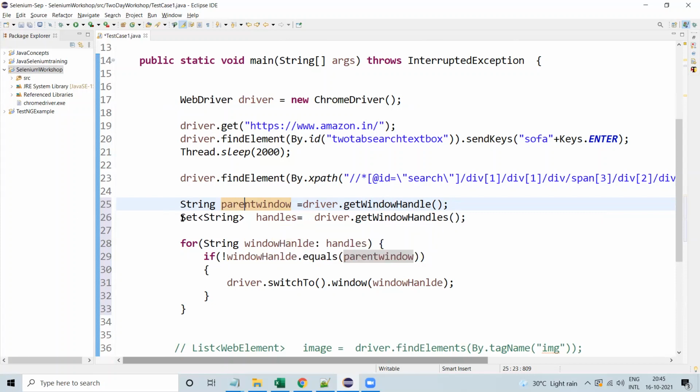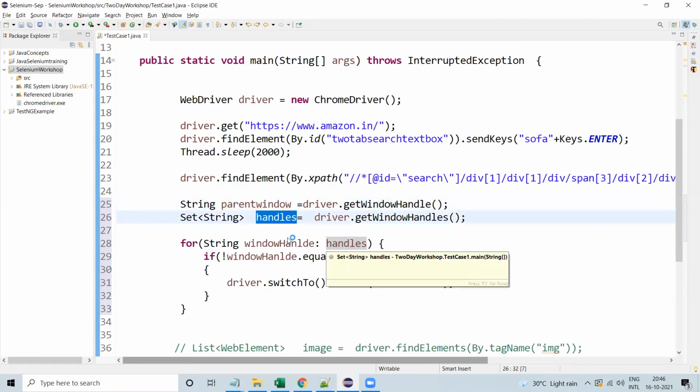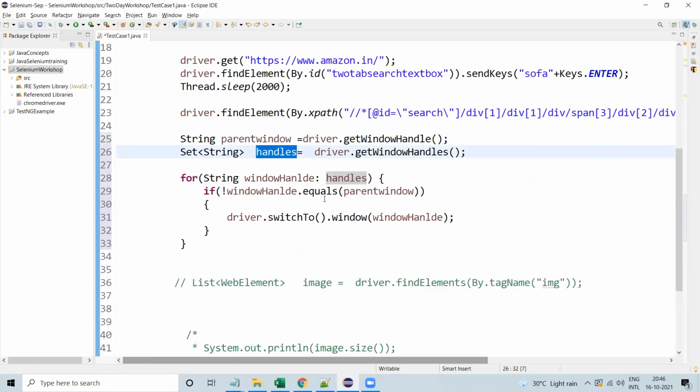The type is Set of String because getWindowHandles returns a Set of String only. Using the for loop, the multiple window IDs stored in the handles variable are passed one by one, checking the condition whether it is the parent window or not. Then we switch to the next window.